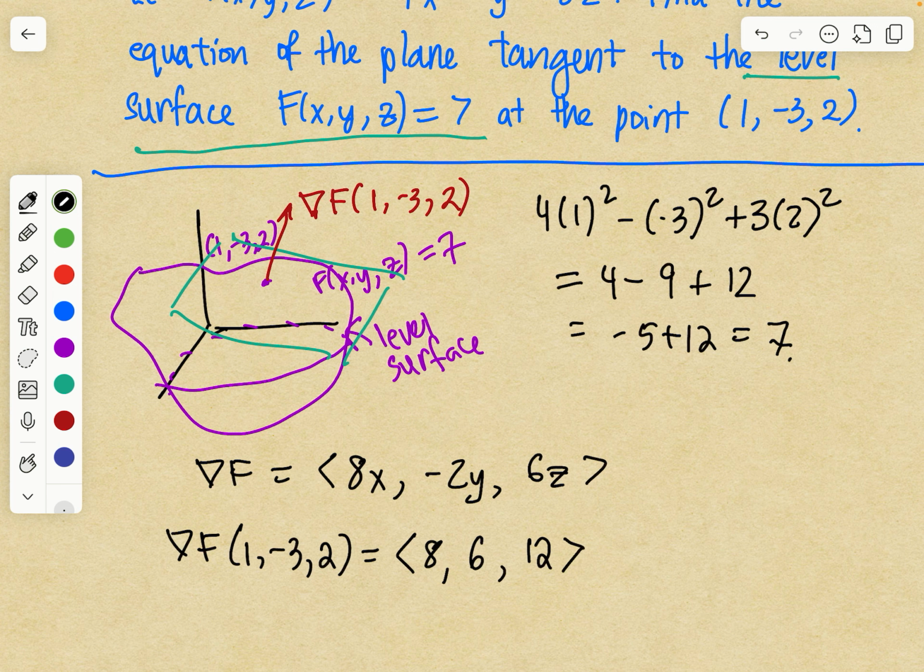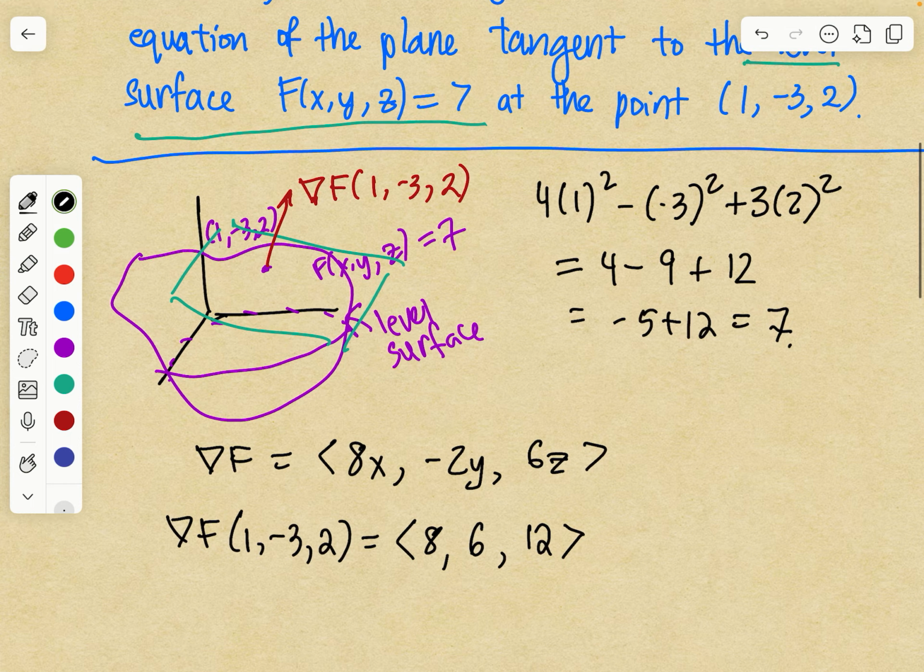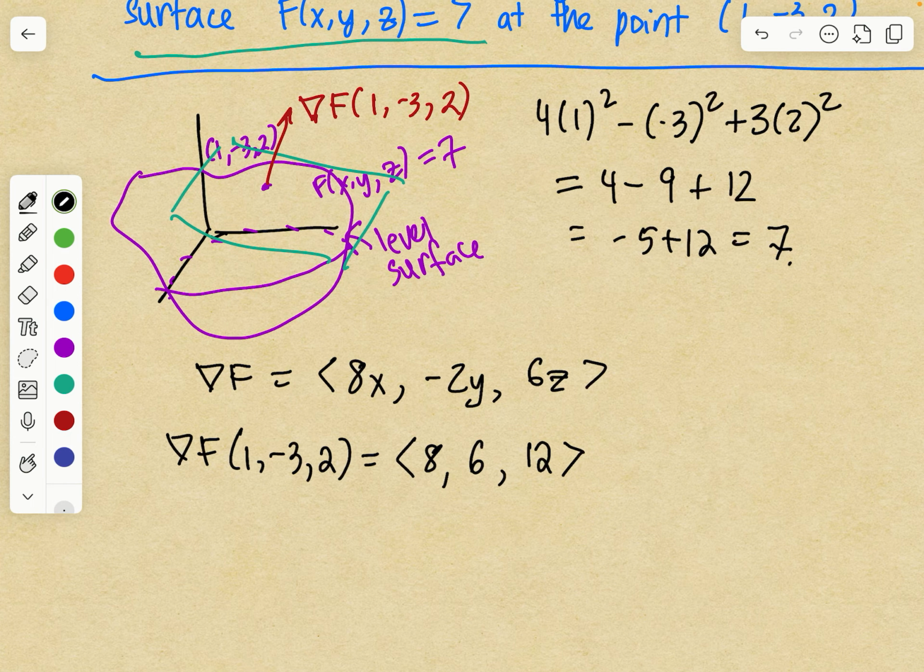So that's our normal vector to the plane. And once we have a normal vector to the plane and the point, we know this point (1, -3, 2) is on the plane. So now we get the equation of the plane. The equation of the tangent plane